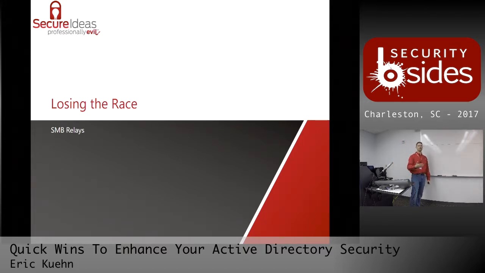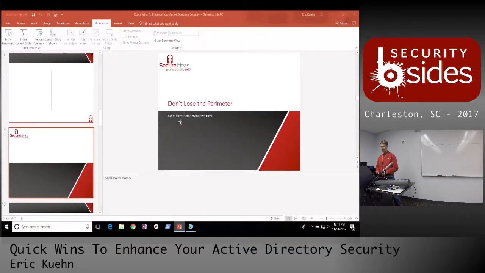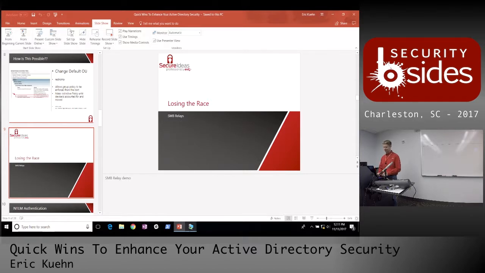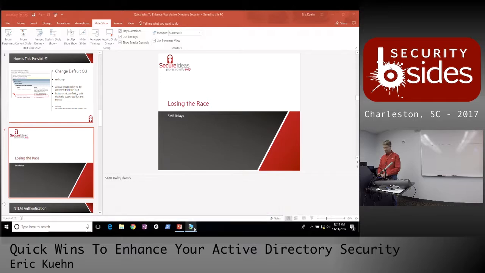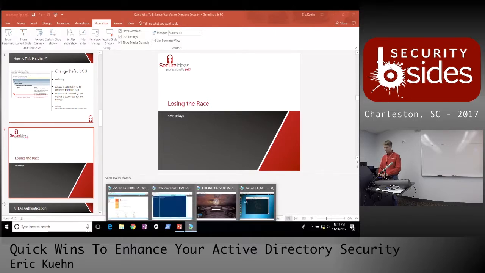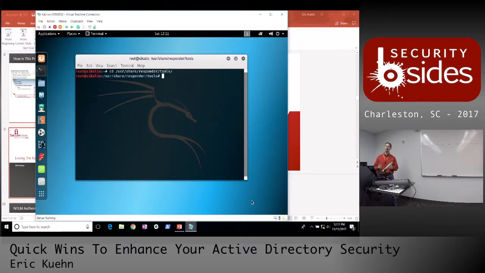Because typically, pass the hash doesn't work with NTLM v2, right? It gets downgraded. It only works with NTLM v1, an older protocol that Microsoft says is really, really bad. SMB relays work with any version of NTLM. So here we go, danger time, demo number 2. What does this look like? Bring it up. It's important. I'm using something from